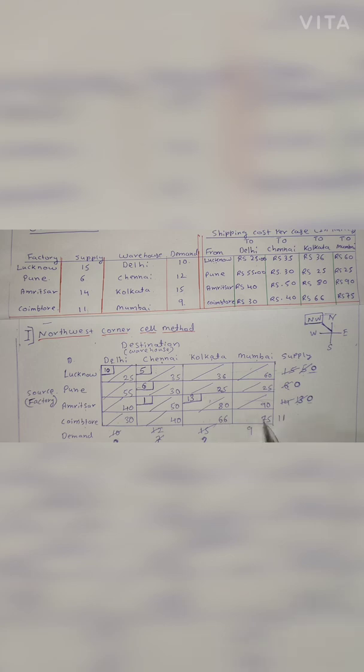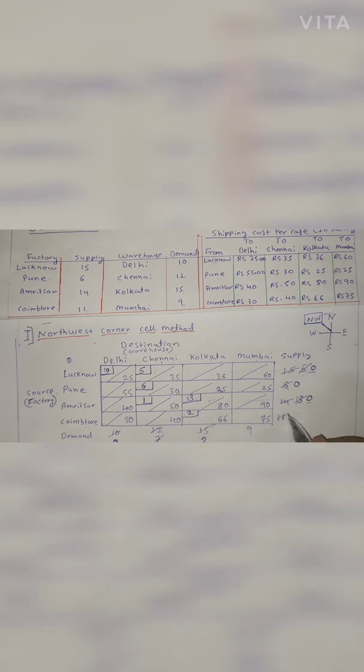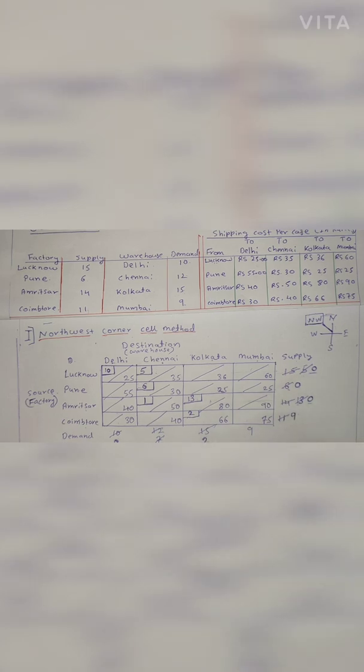Now there are 2 cells remaining. Which is the northwest one? This is the northwest corner. Now we'll check again the supply and demand. Which is lower? The demand side is lower because it is 2. So we'll write this value 2 over here. We'll subtract this value 2 from supply and demand. If you subtract it from supply, it is 11 minus 2, you'll get 9. And if you subtract it from demand, 2 minus 2, 0. Now since this column has become 0, we'll eliminate this one.